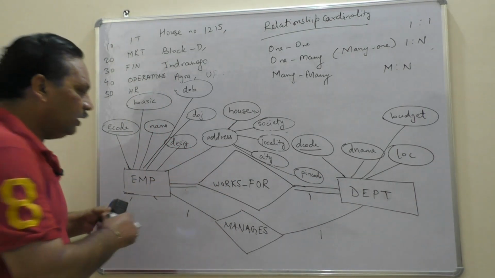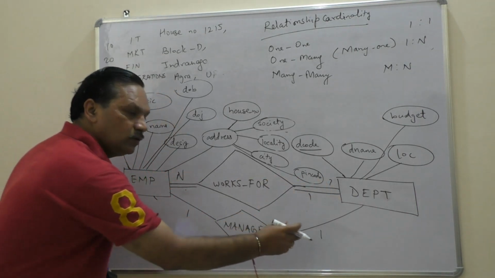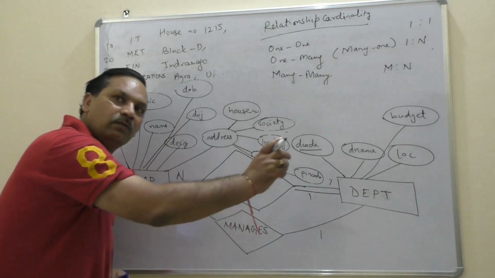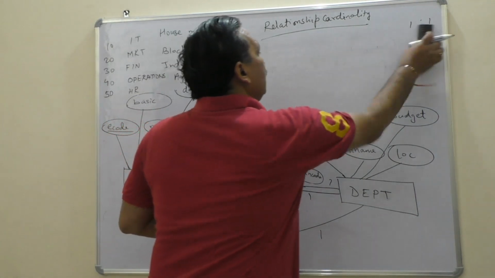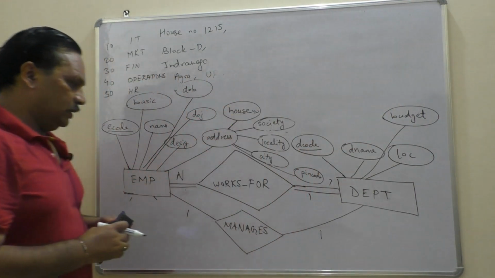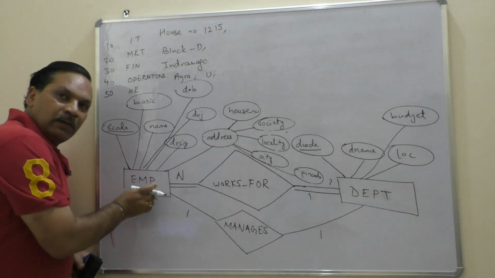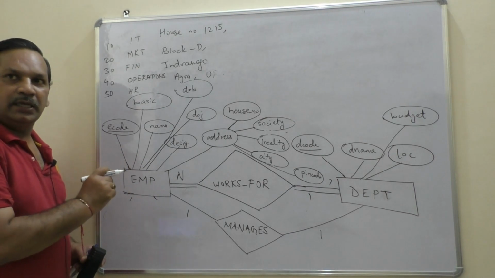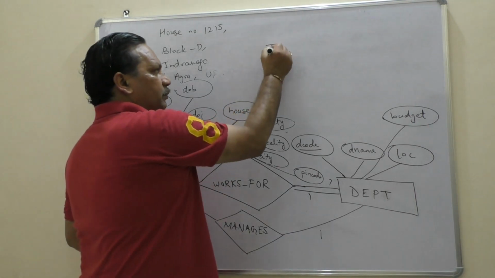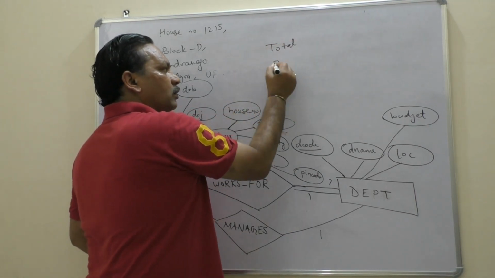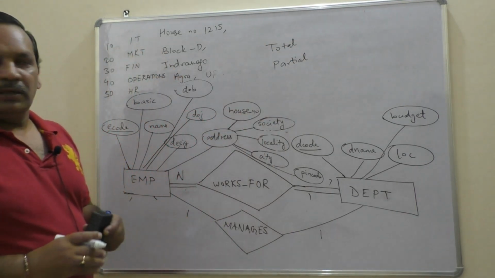ये रिलेशनशिप कैसी है? Many, one, n:1. ये रिलेशनशिप क्या है? 1:1, because only one employee will be head of the one particular department. अब मुझे आप ये बताइए, क्या यहां पे हर एम्प्लॉय एचओडी होगा? जी नहीं. Clear? So in the manager relationship, the participation is what? So the participation is total and one is what? Partial. ठीक है? क्लियर?